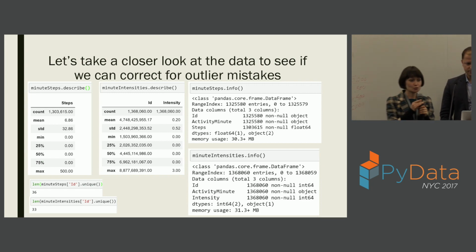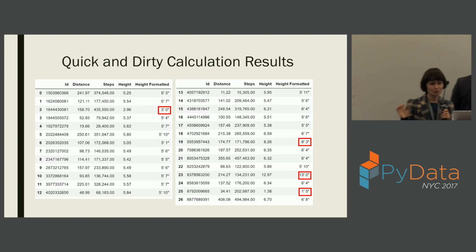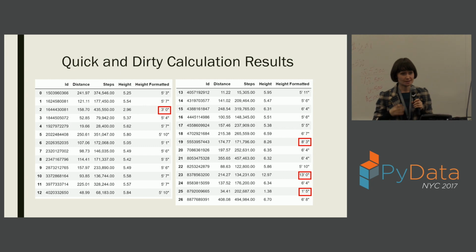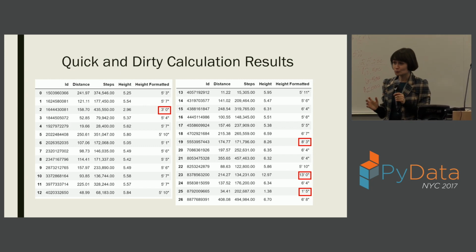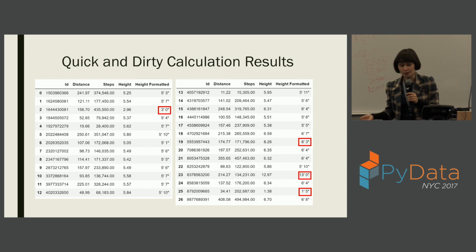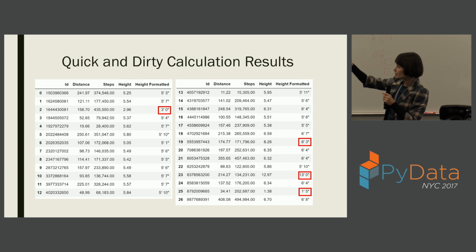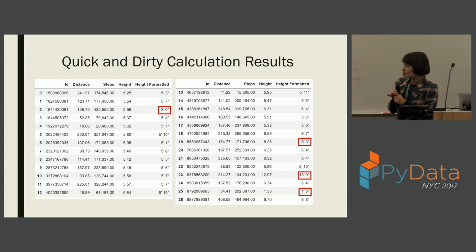Hi everyone. So I'm going to explain how I cleaned up the data, but before I do so, I'm going back again to here. We chose this little simple model to send this message to everyone that cleaning data is super, super important. Your model doesn't have to be as simple as we chose. It could be very sophisticated, very interesting, and very valid. But if you feed your valid model dirty data, you're not going to get anything meaningful in the outcome. The reason we chose this example is to illustrate that you can visually see how your observations are really off. You can visually see that a person cannot be 13 feet high. It just doesn't happen.